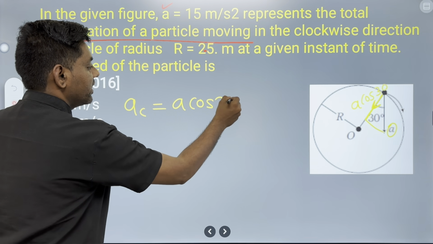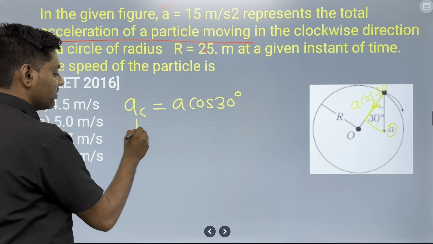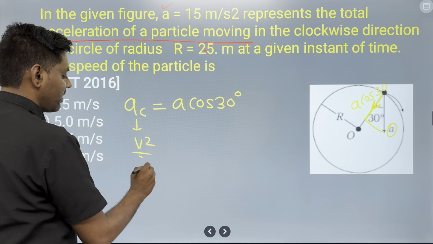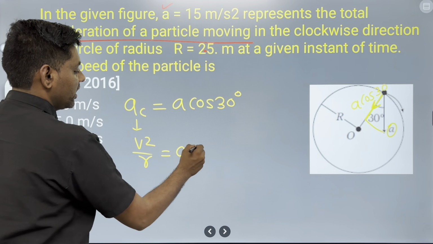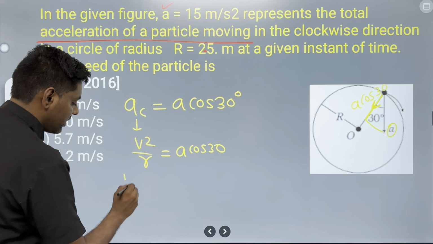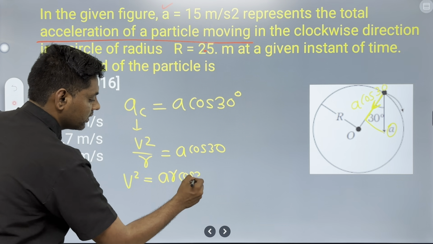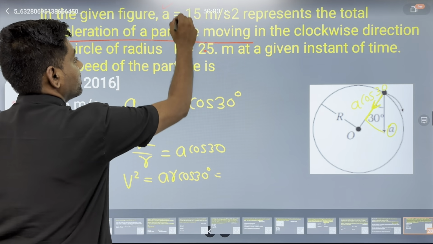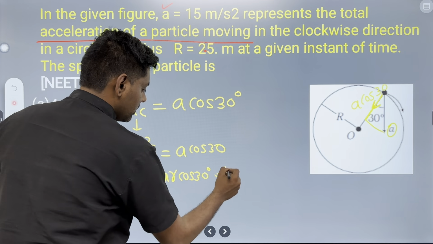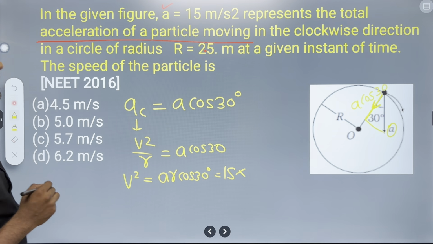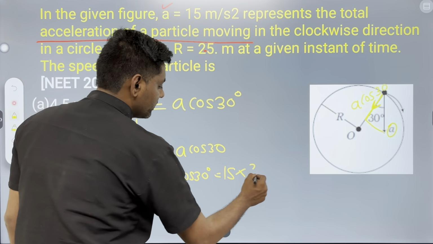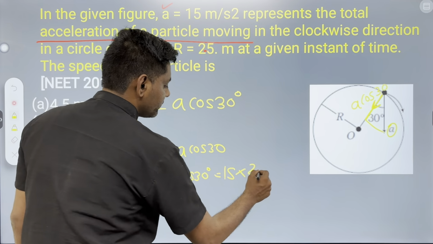और centripetal acceleration का फार्मूला बहुत ही ईजी है, v square divided by r equal to a cos 30. So what is the value of v square? v square equal to a r cos 30. What is the value of acceleration? Given is 15, radius also given, कितना दिया रेडियस 2.5, और cos 30 तो हमें सबको पता है दैट इज √3/2. सो 15 डिवाइडेड बाय 2 दैट इज